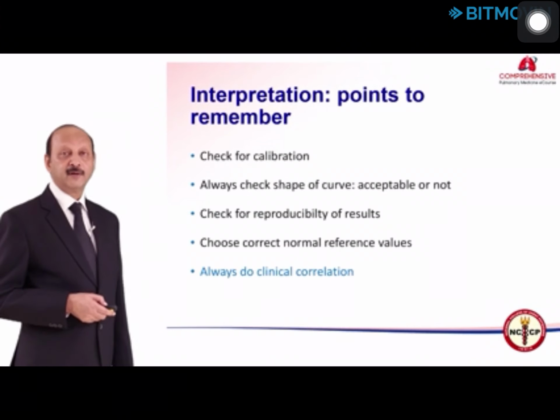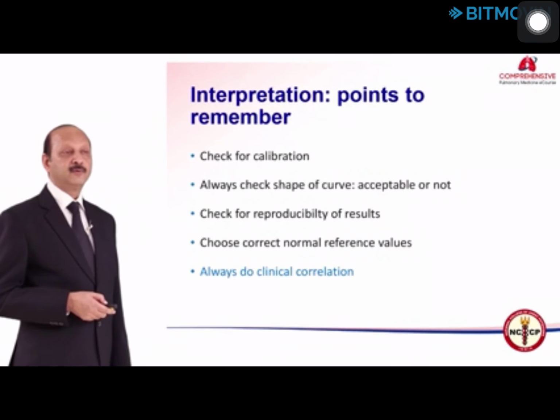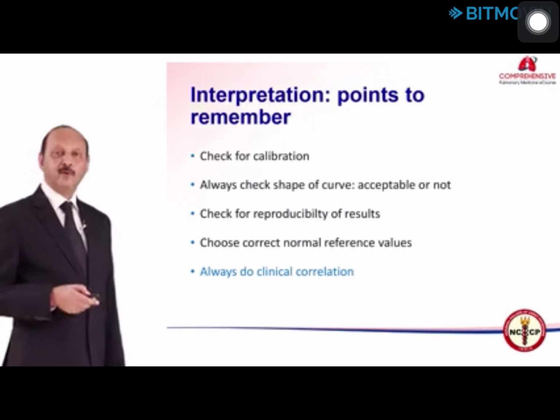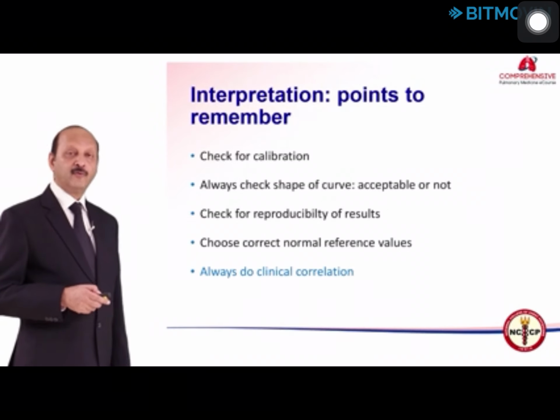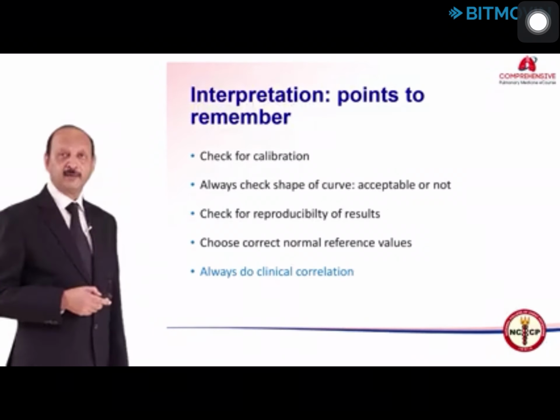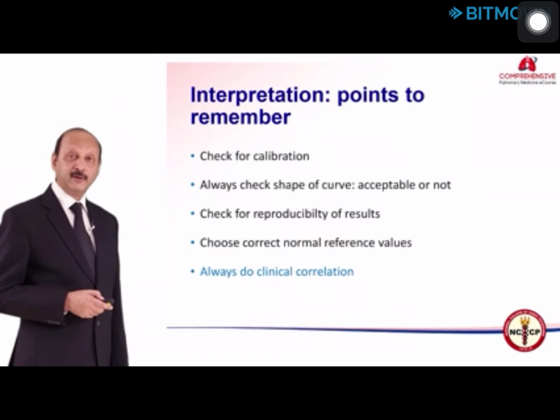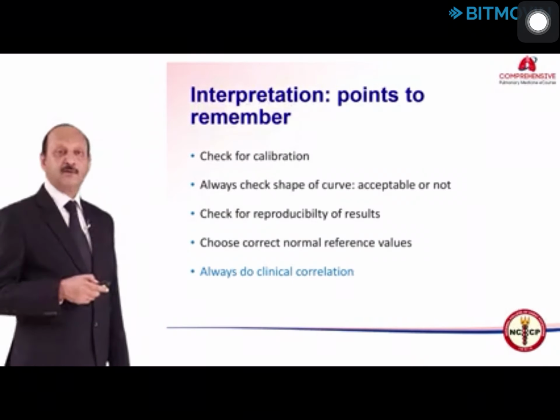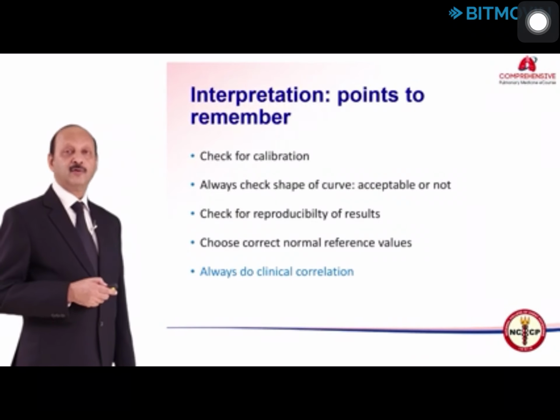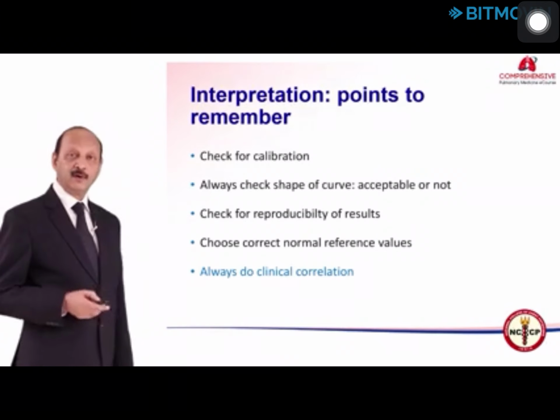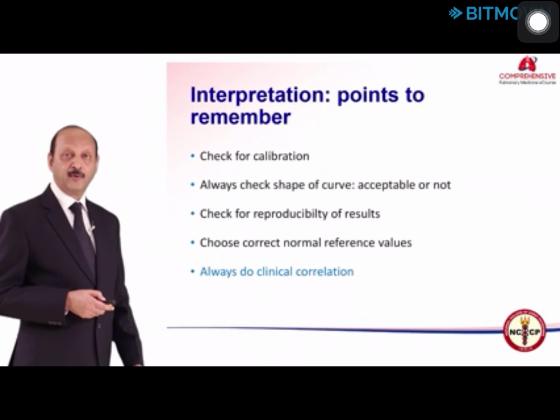For example, somebody is a smoker and he comes to the lab and we do the test and we find it is just near the lower limit of normal. Don't report it as normal. You say it is lower side of the normal range, because we want to warn the patient that your parameters are going down. We want to tell his physician that although within normal range, he is towards the lower side of normal. So accordingly, in that case, we will report it as lower side of normal.